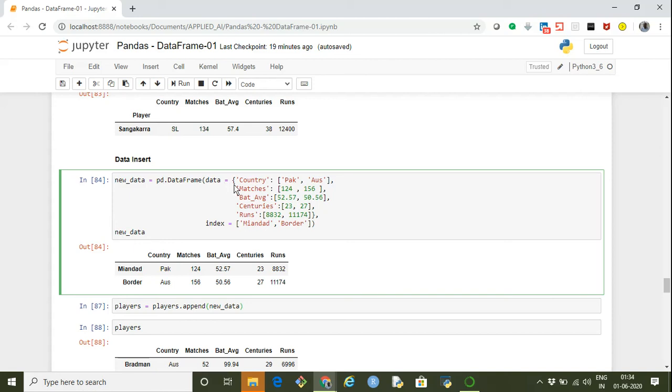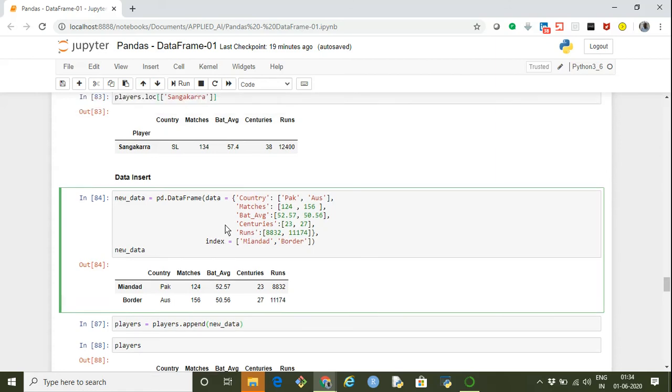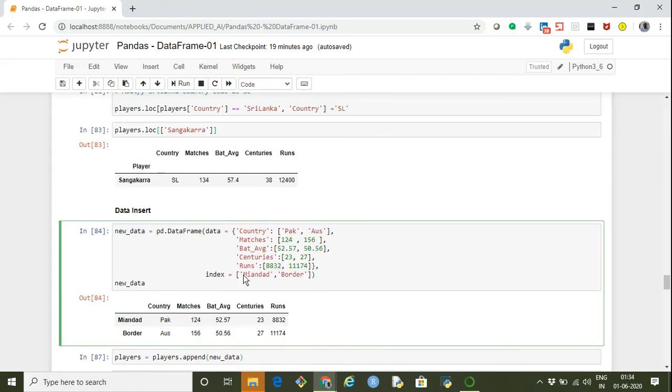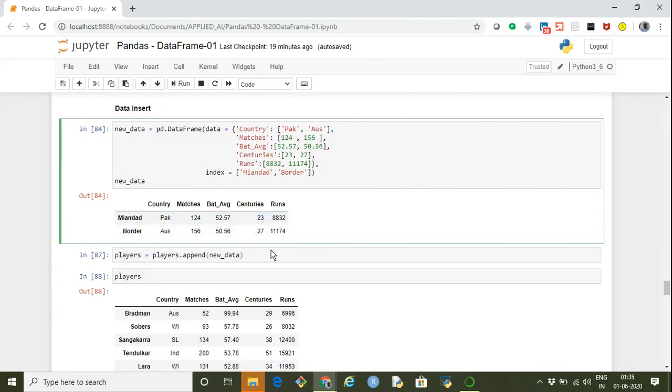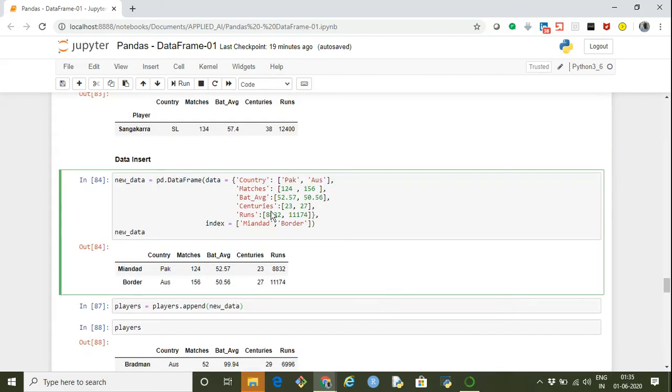Data contains the same columns as the existing data frame, like country, matches, batting average, centuries, runs scored, and the index we have specified as the player name, which is like Miandad and Border. So this is our new data frame, new_data. So this is what it looks like. It has exactly the same columns as our players data frame, and the index is based on the player name.